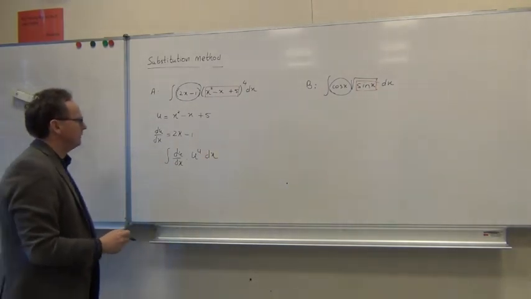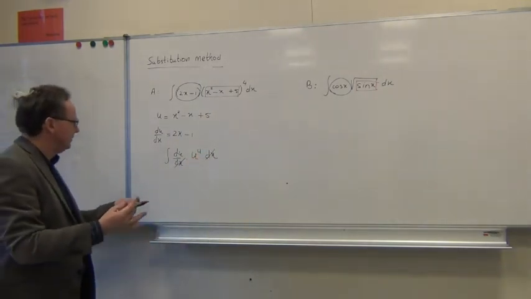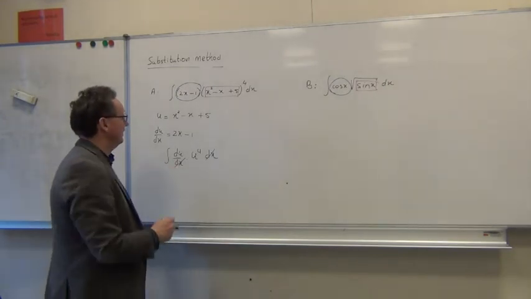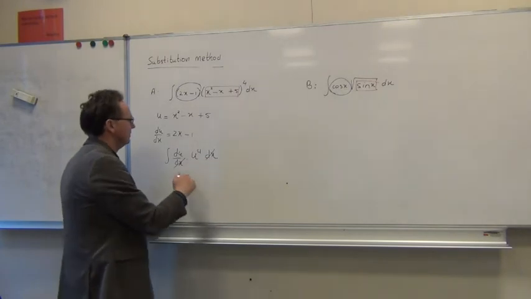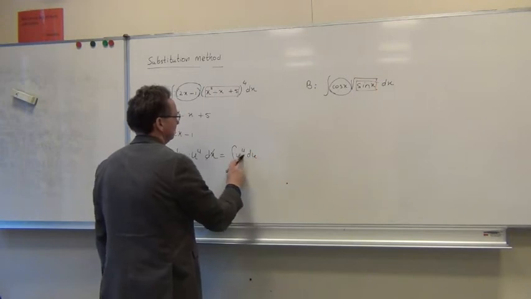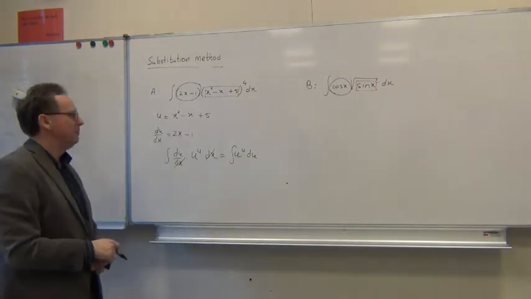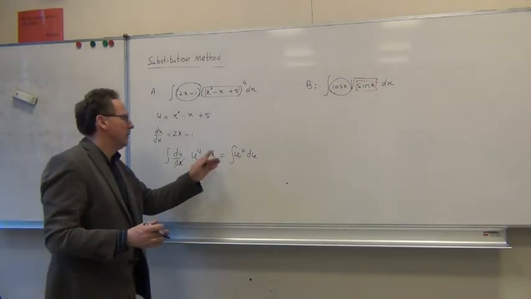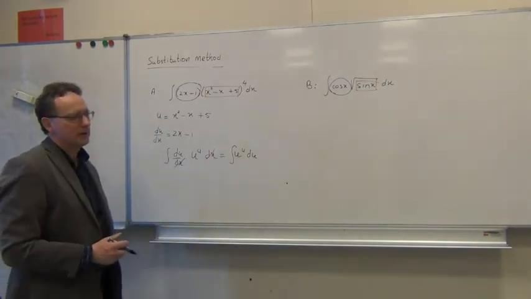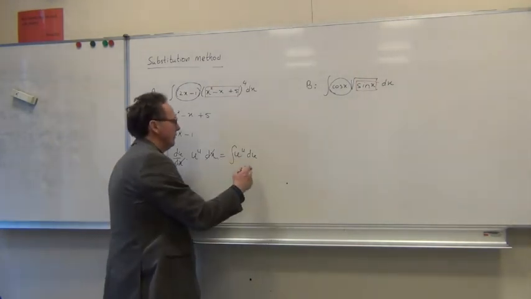Well, now something special happens. The dx cancels out. You may say, can we just do that? Yes, for now let's just say that it's definitely allowed. So you cancel out the dx, and then we have u to the power 4 du, which is a very basic integral, although we don't deal with x to the power 4 dx, but it's a u. We can just integrate it and say it will be 1 over 5 u to the power 5